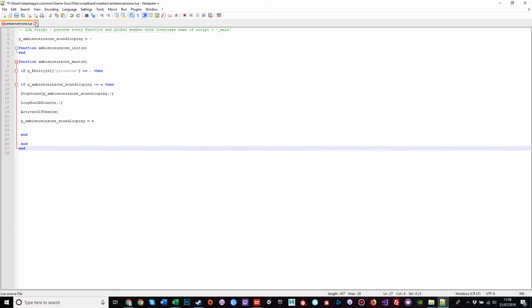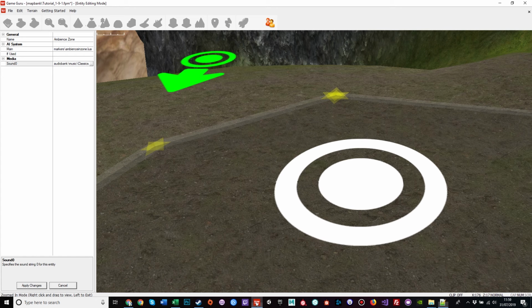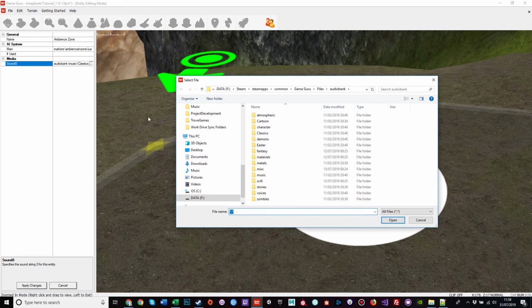Now I'm going to exit this script and not save because I'm messing with it. That's something to consider as well. Don't mess with scripts like this, because these scripts are not unique to the particular level you're working on. These scripts are applied to every project made with GameGuru. If you change this one script for one particular game, it'll change it for every other game. And that is why, if you want something custom, just like we saw for the escape,